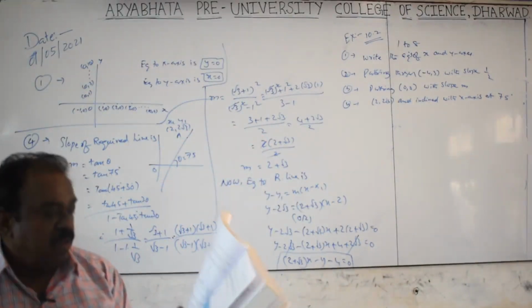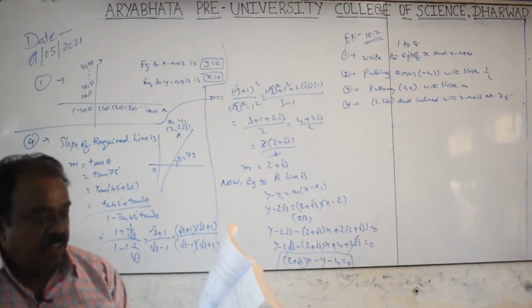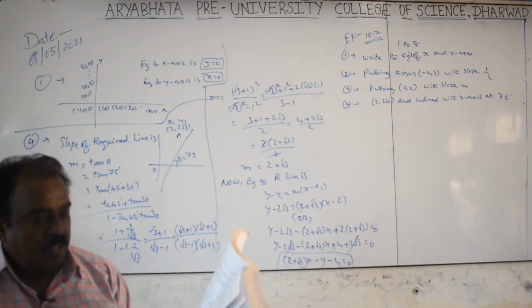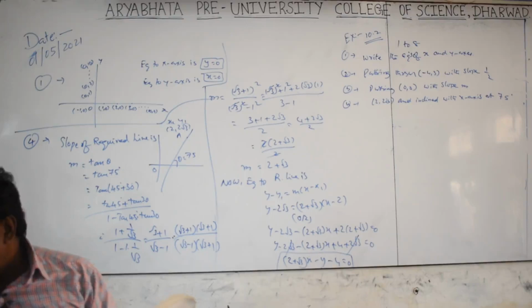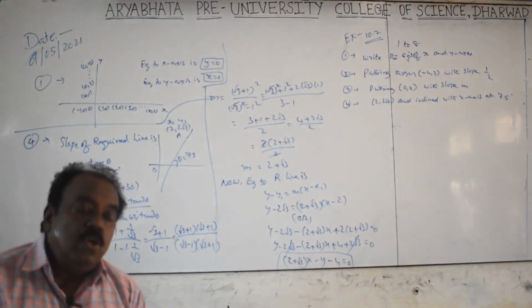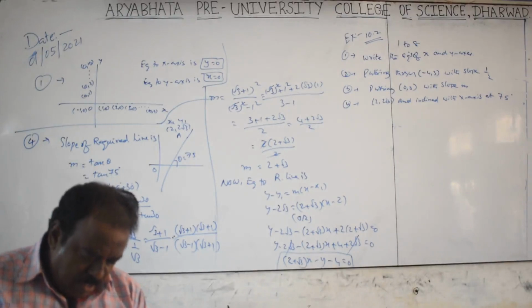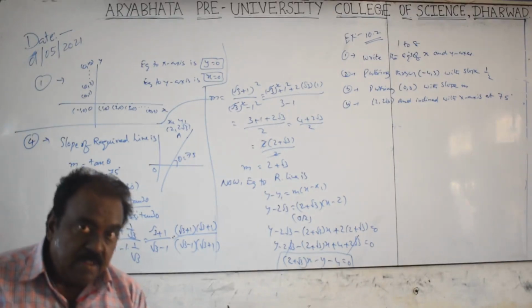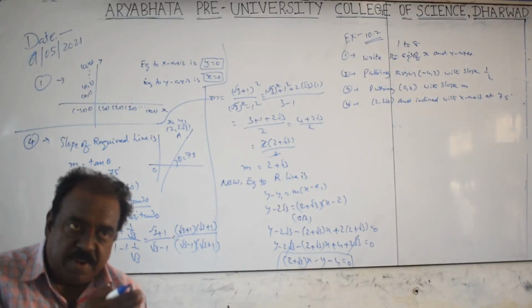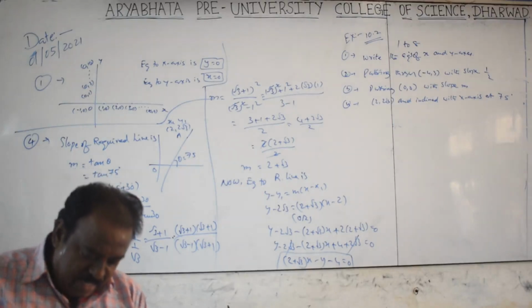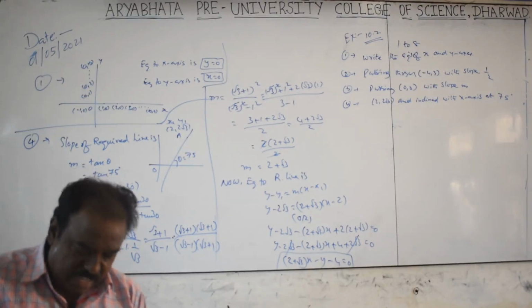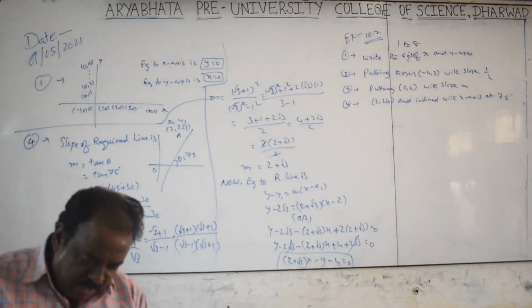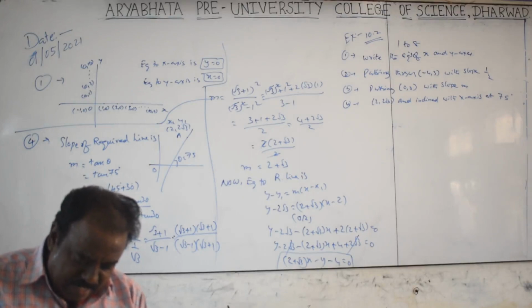So 4 problems are over. Next, the 5th one: the line intersecting the x-axis at a distance of 3 units to the left of the origin, with slope minus 2. A good concept. Read it out slowly. You see the equation of line: in the very beginning, problems 1 to 8, we have to find the equation of a line. That line is intersecting the x-axis on the left side of the origin at a distance of 3 units.